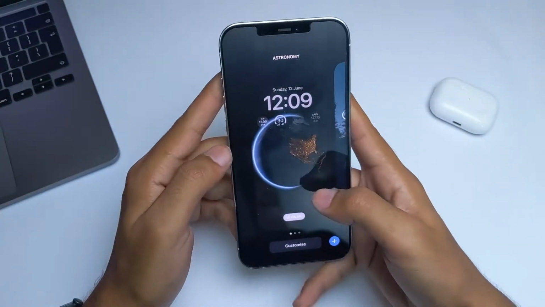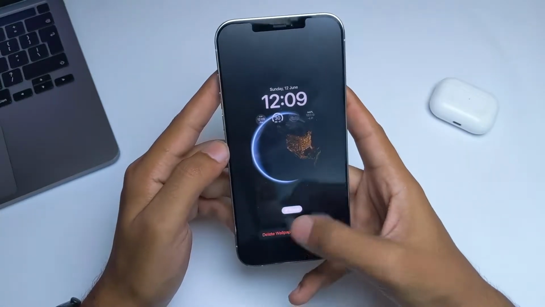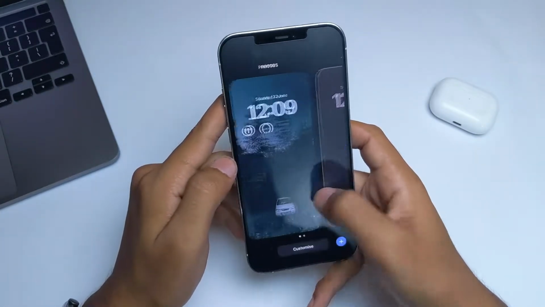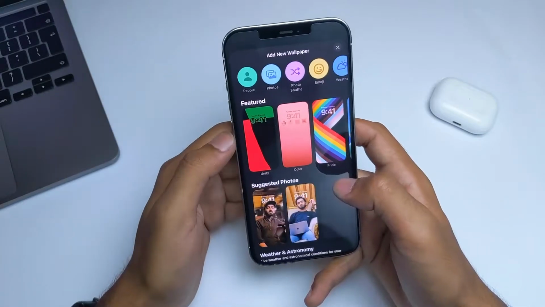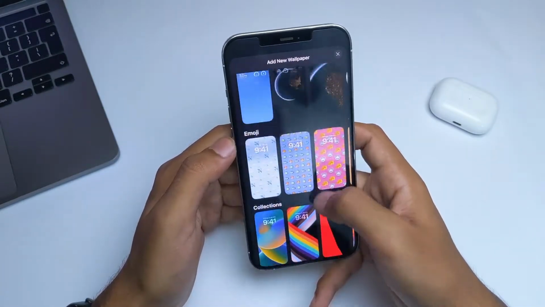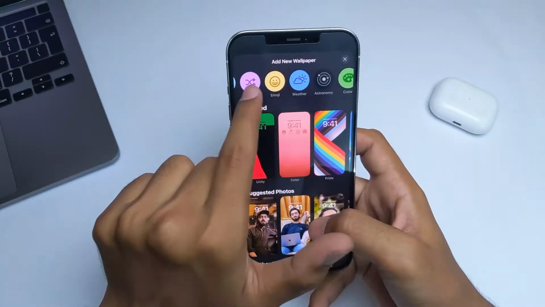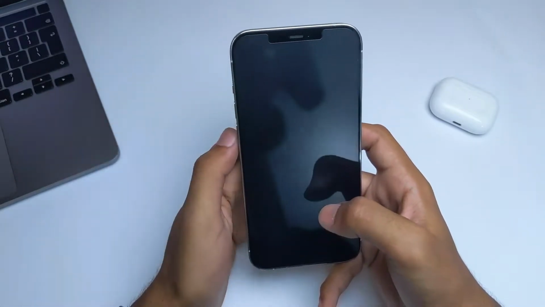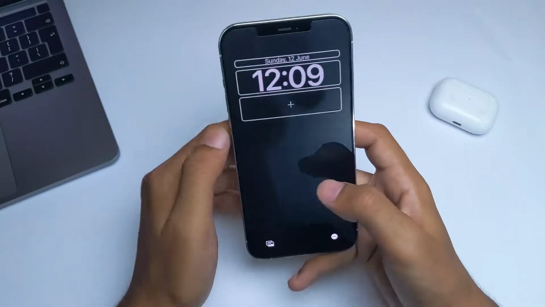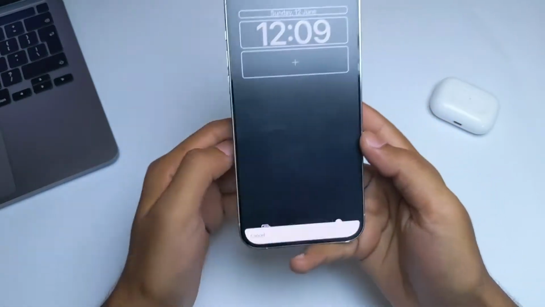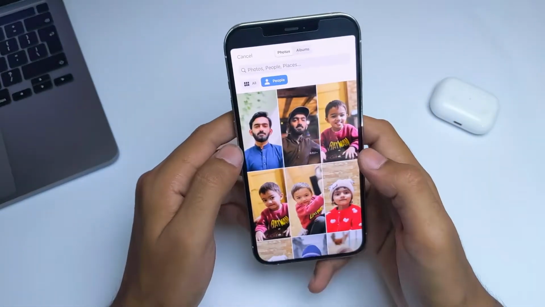And let me delete this one because I'm going to show you all of these lock screens from scratch. Okay, so let's add a new lock screen. Here are all of these new customizations for lock screen. So first of all, let's try people. Just go to gallery and add a clear portrait where a person is looking straight towards the camera. So let me find a portrait